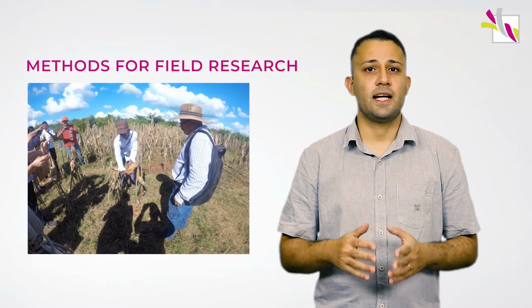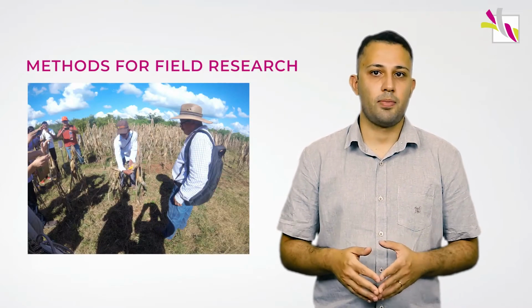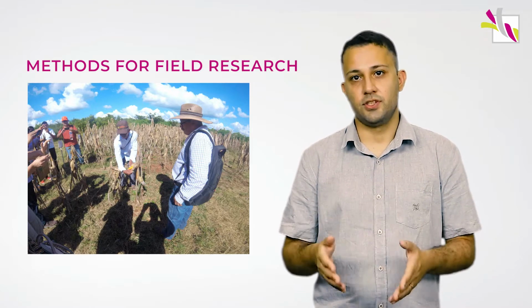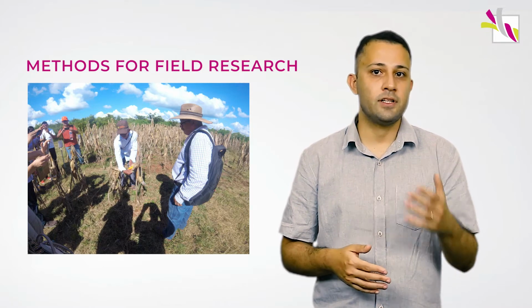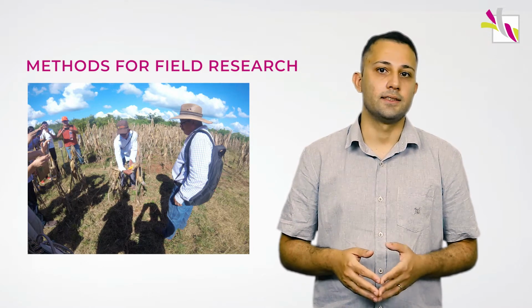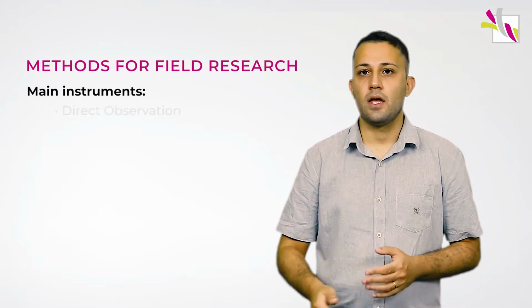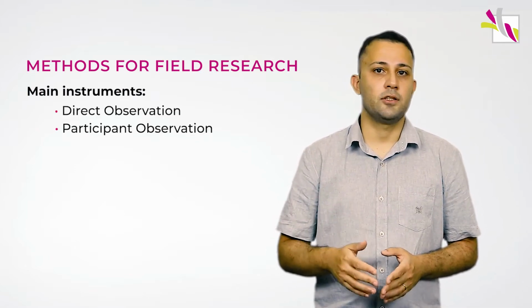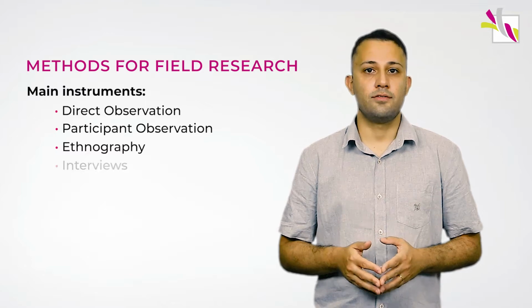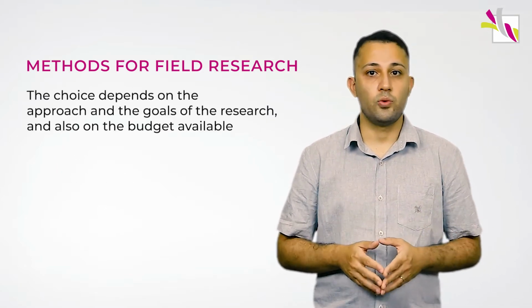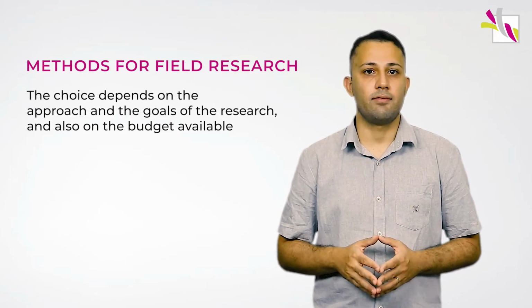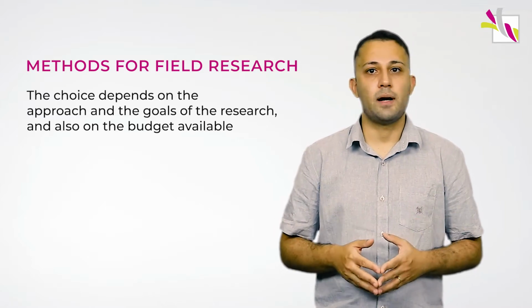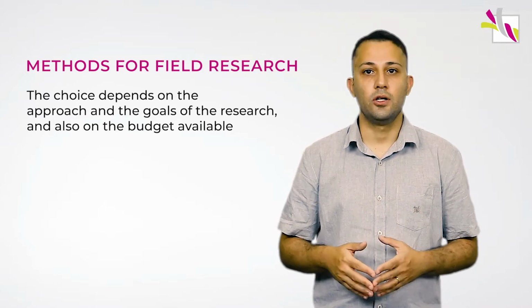There are a diverse kind of methods to adopt in field research. Each one helps you, the researcher, to choose the best strategy for your research depending on the specific conditions of the event that will be analyzed. The main methods are direct observation, participant observation, ethnography, interviews, and case study. The choice among one of those methods will depend on the approach and the goals of the research, but also the budget available, since some of those require more time in the field or a bigger sample, which means more